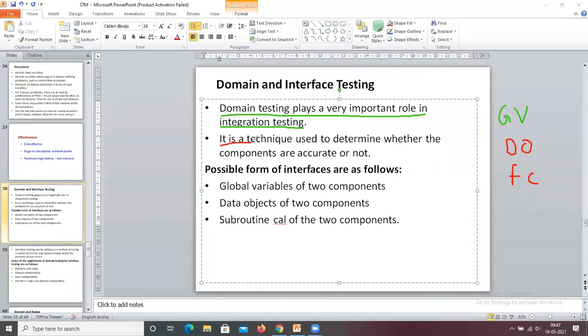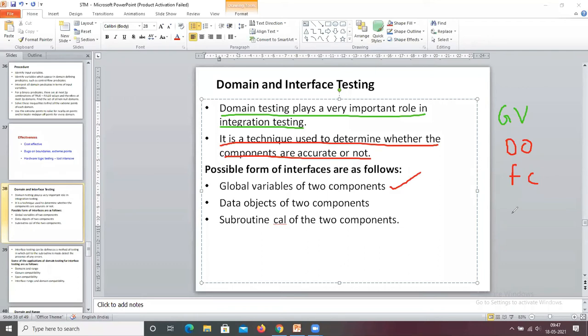It is a technique used to determine whether the components are accurate or not. Okay, so possible forms of interfaces are as follows. Global variables of two components.